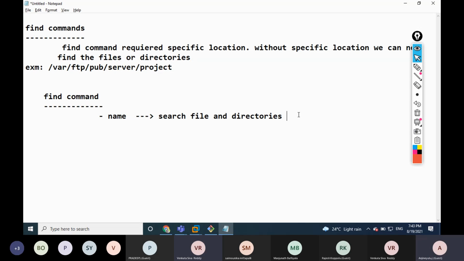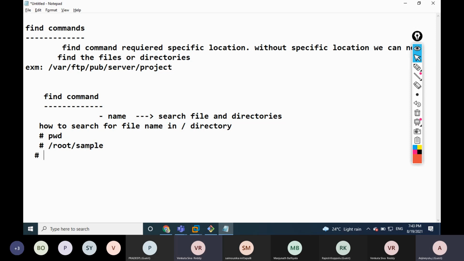That means, see how to search for a file name in the root directory. For example, I am creating some files right now in root, then the sample directory.